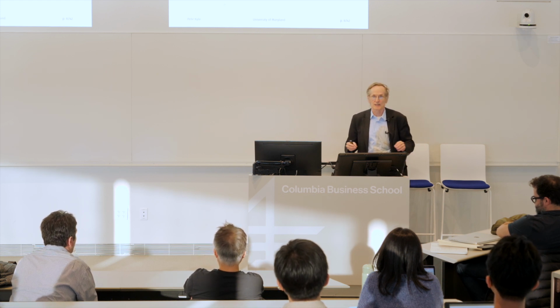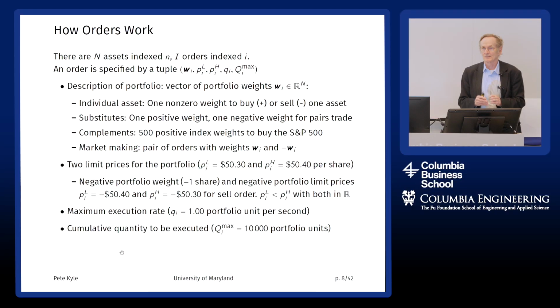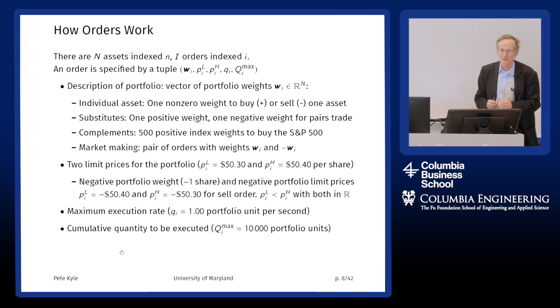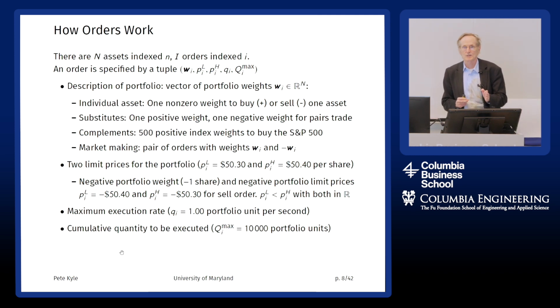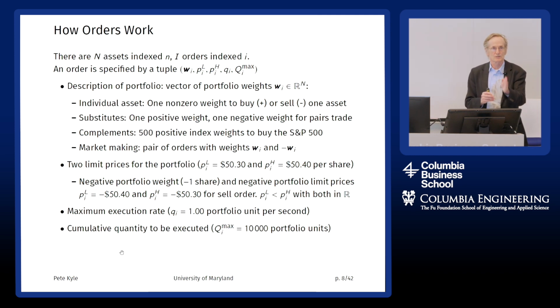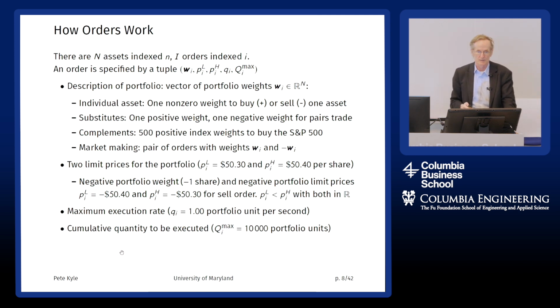Okay, so with all this background, any more questions? Let me speed up a little bit and skip through some mathematics where it's conceptually pretty clear, I think. So we're going to trade portfolios. When you place an order, you're placing an order to buy or sell a portfolio. You need a description of the portfolio as part of your order. The description of the portfolio is a vector we call W of portfolio weights that describe the portfolio you're trading. So if there are 1,000 assets, it's a 1,000 by 1 vector. If you're trading the S&P 500, half of those are zero and half of them are non-zero.